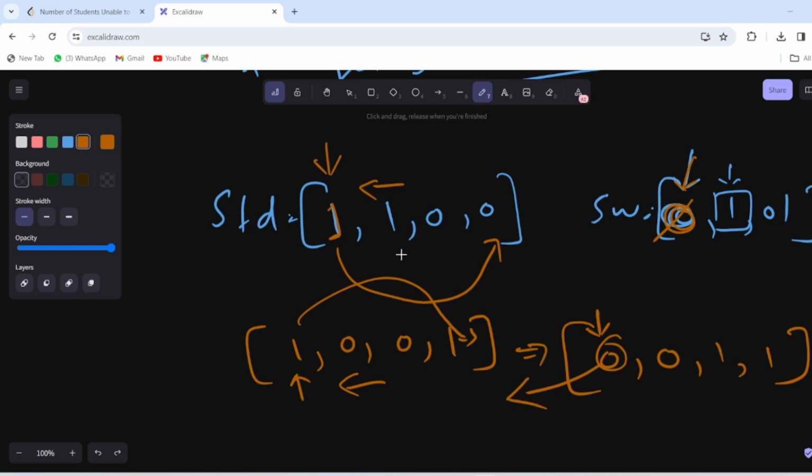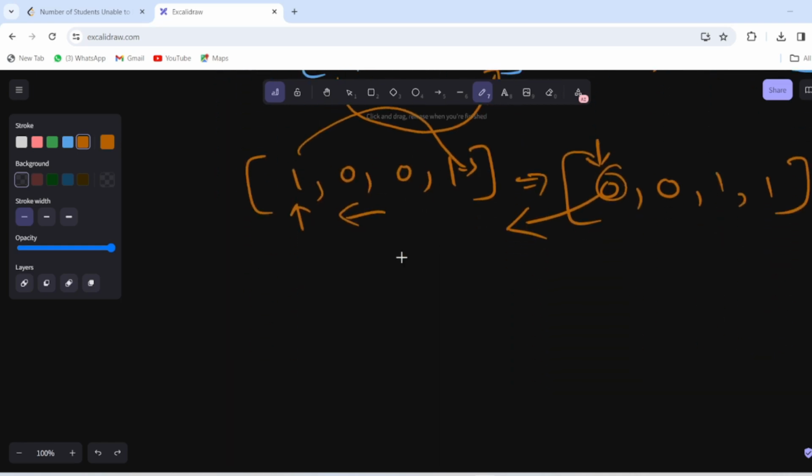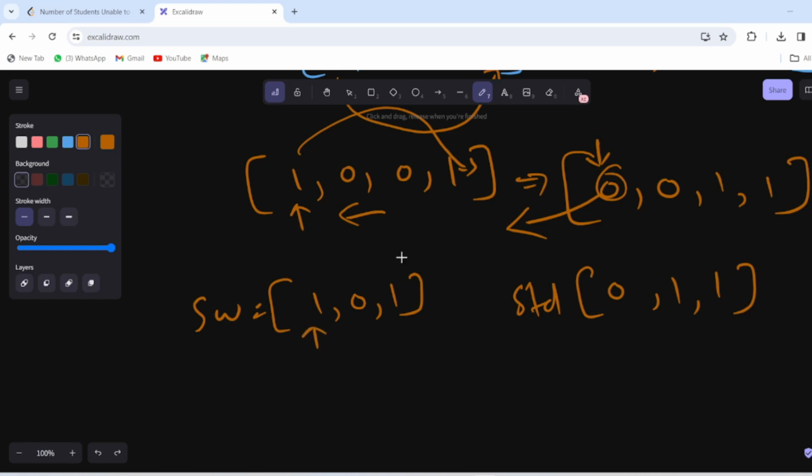After this the sandwich array will become 1 0 and 1, and the student array will be 0 1 and 1. Now again, the top of the stack has a square sandwich, but the preference of the first student is 0. Thus the student will move to the back and the queue will move forward.